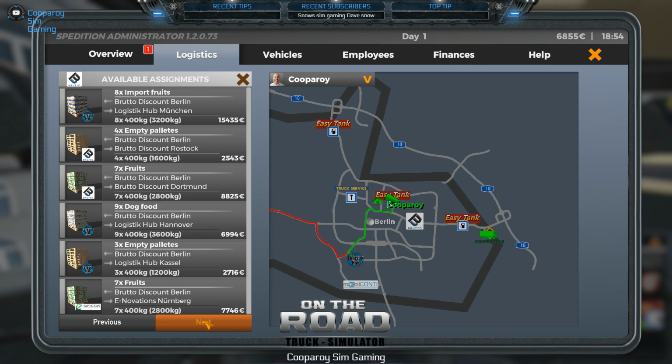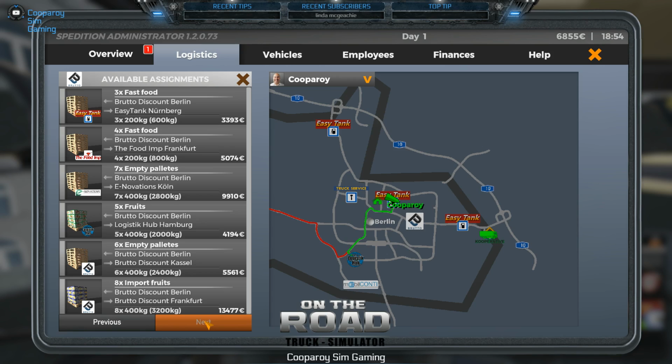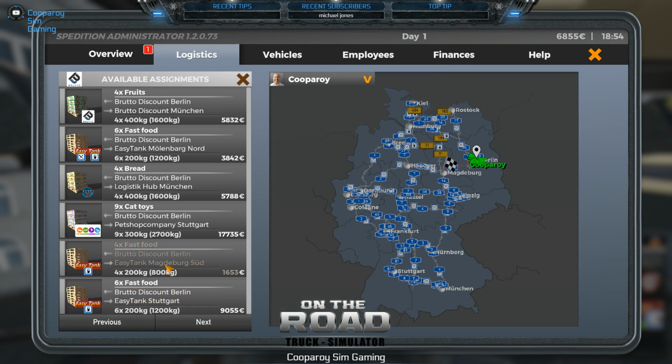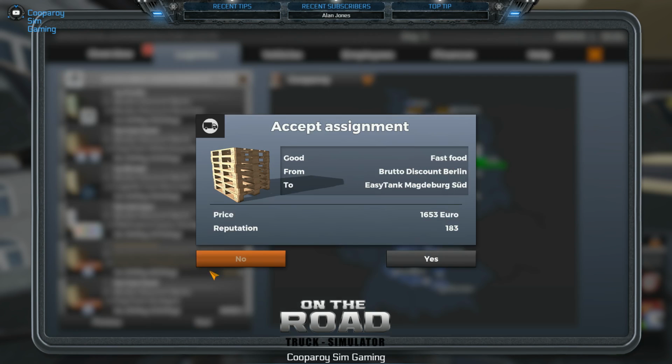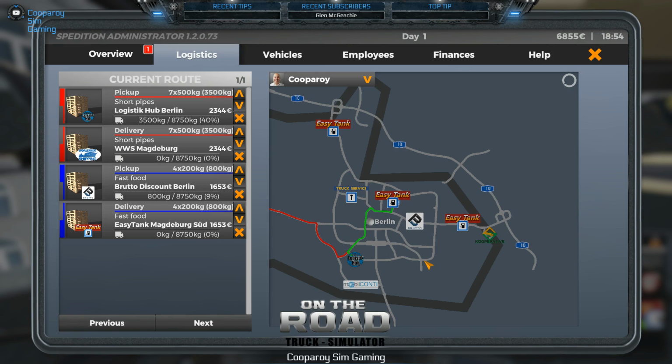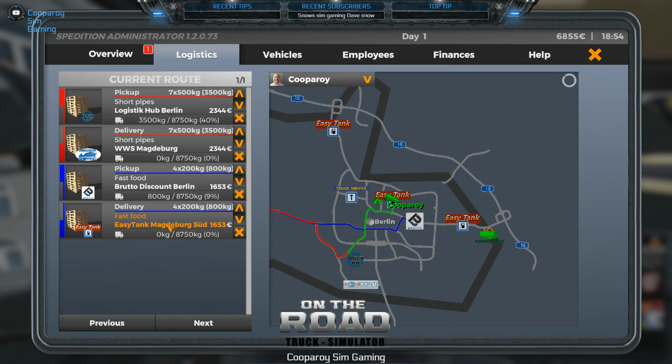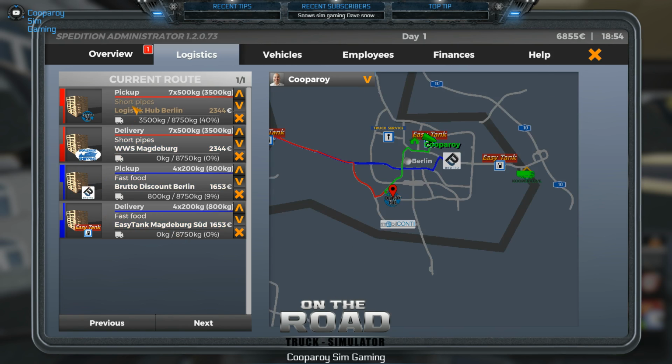Oh, it's not looking good for Hamburg, Cologne, Frankfurt, Nuremberg. Ah, there we go. Easy tank badge bird sud, which could be just outside, so we'll take that one, I think. Yes, we'll have that. Right, now it's put the two deliveries, but obviously we want to pick them both up first,